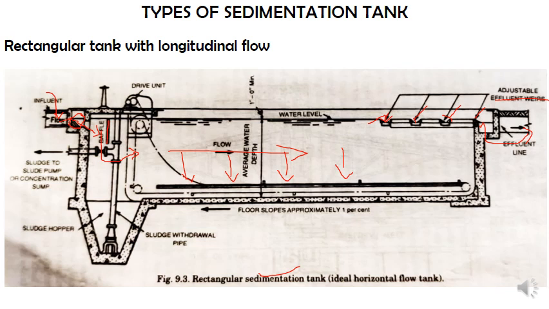So whether it is a circular one or a rectangular one, basically through the inlet arrangement the water will be let in, and once the water is let in, it will pass through a baffle where the water will move away from or along with that baffle and then enter into the main chamber where the horizontal flow will be there, and once the settlement of all particles has taken place, it will be taken out through these effluent channels.